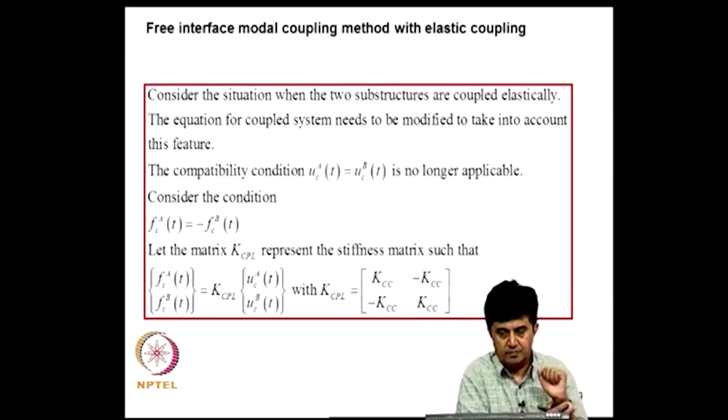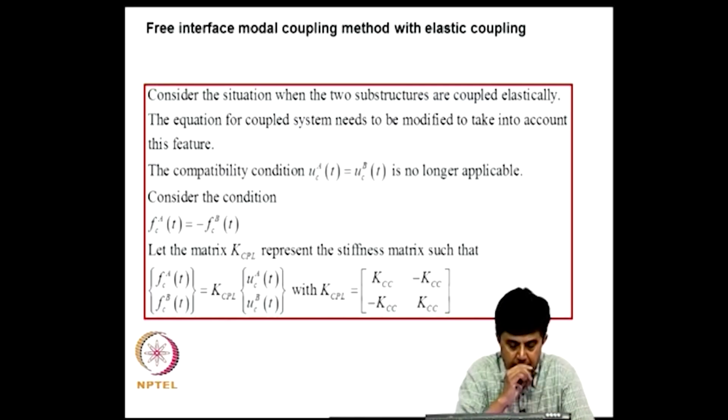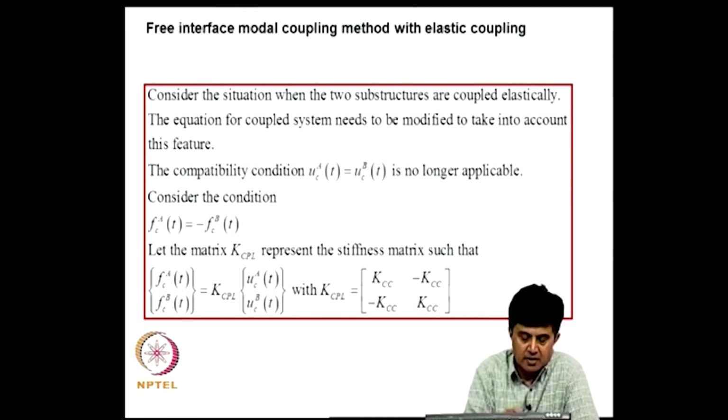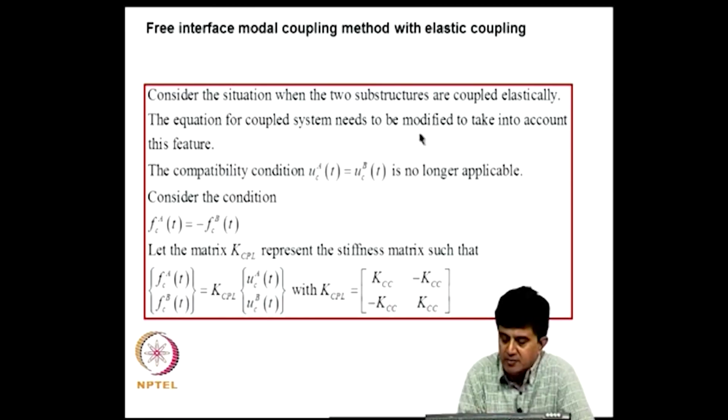Now, suppose we are considering a situation where two substructures are coupled elastically, that means there is one more coupling element. The equation for the coupled system needs to be modified now to take into account this feature. So, if you do the free interface method, the coupling element will not be easily represented. Now, the compatibility condition in this case is no longer applicable. By this what I mean,